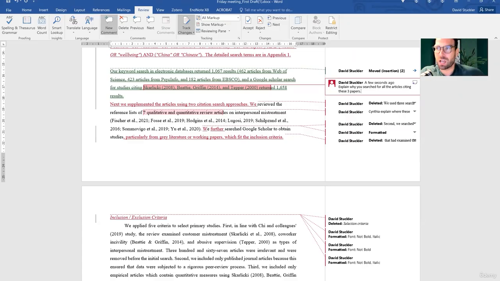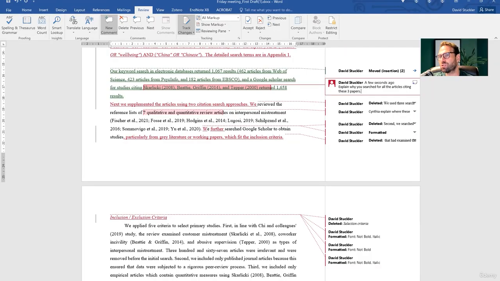It's not bad that you've done it. It's just quite inefficient. So others of you who want to do a supplement of your articles, this can be a good thing to do, but I generally recommend you skip this step because it's not necessary. Most of you will not need the right branch of the Prisma if you've set up your search in a good way. And Cynthia, you already had, it looks like, 74 articles coming in.